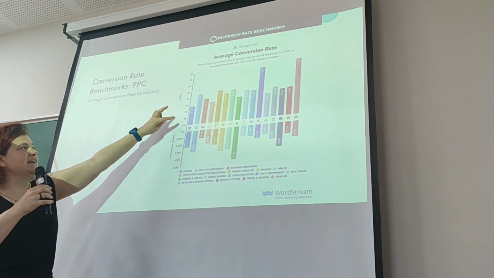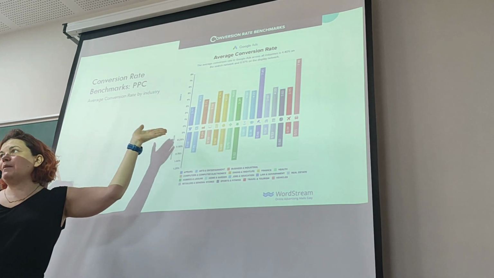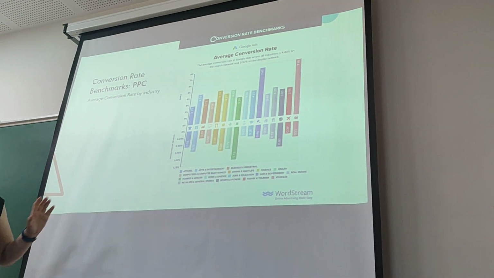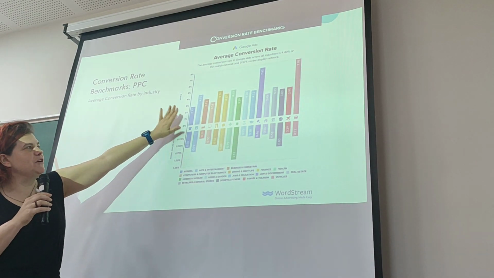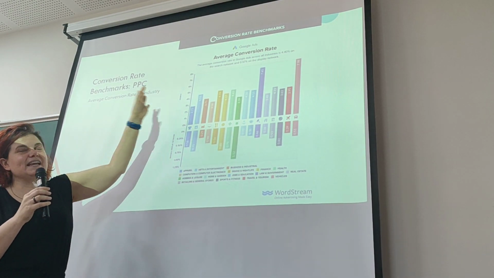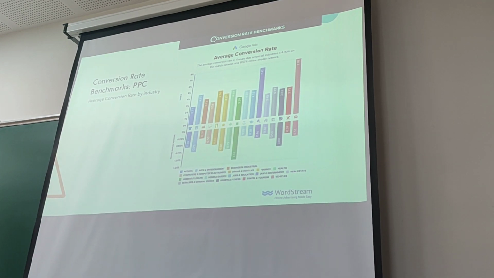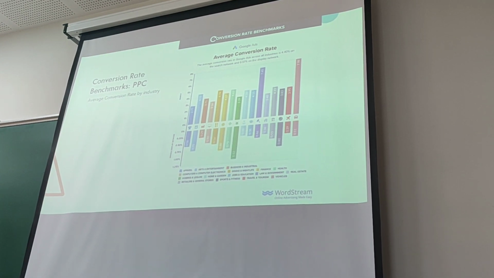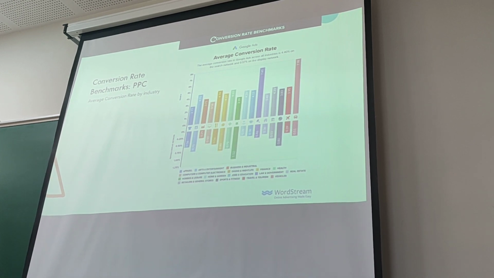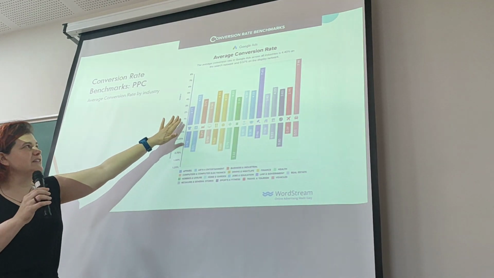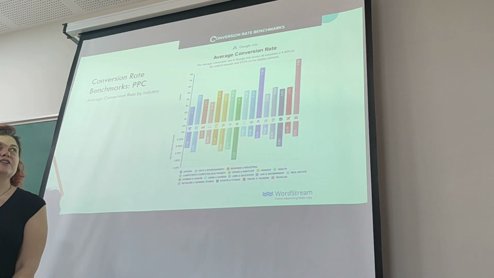So if you were selling clothing, apparel, or footwear, you can see here that the industry benchmark is 2.77%. So if you were getting a conversion rate of 3%, you'd use that figure. So no, actually, although the total average is 4.4 for clothing, for our industry, we're actually doing pretty good.